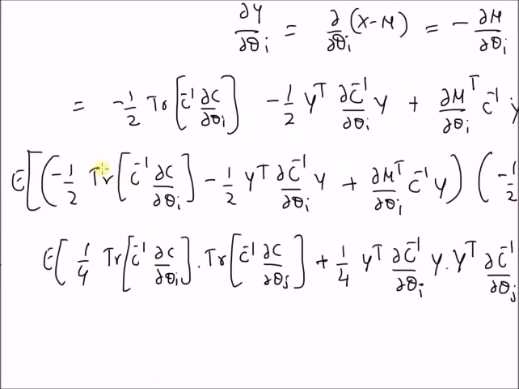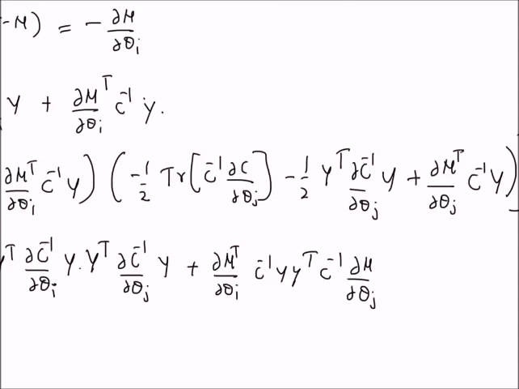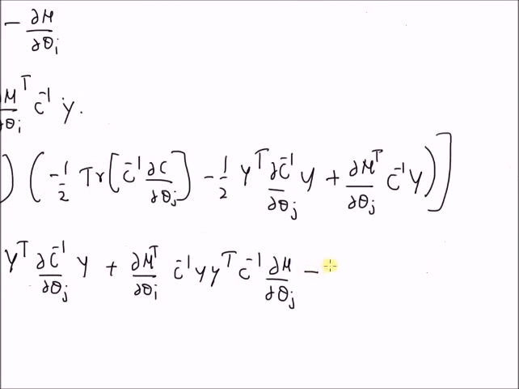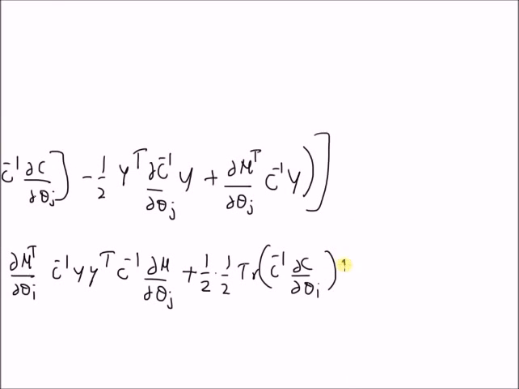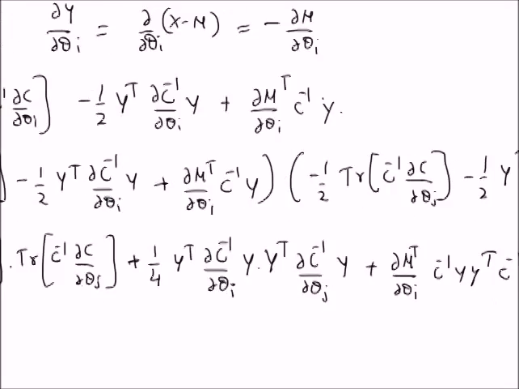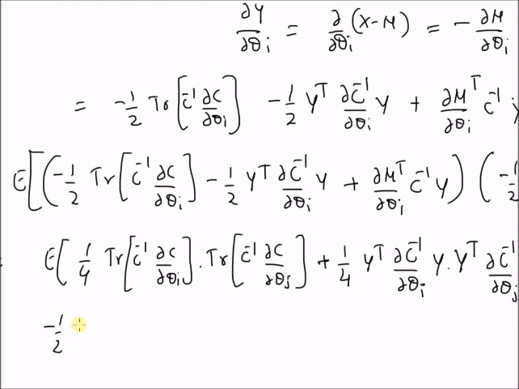And the next term is the product of the first term with the second and third terms, that is minus 1 by 2 multiplied by minus 1 by 2, that is plus 1 by 2 into 1 by 2 trace of C inverse derivative of C with respect to theta I multiplied by y transpose derivative of C inverse theta j y. And the next term is minus 1 by 2 trace of C inverse derivative of C with respect